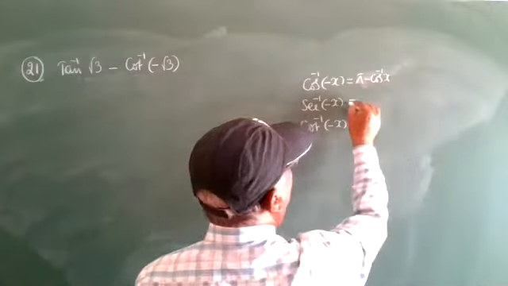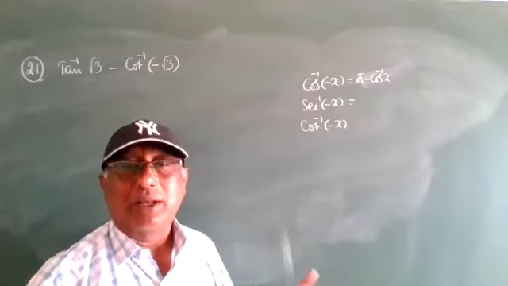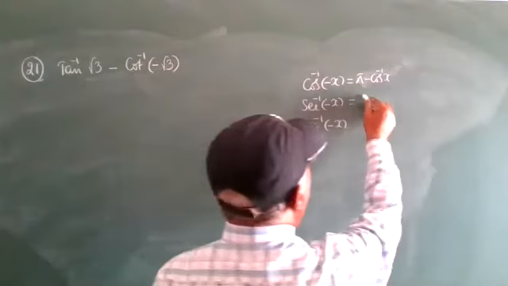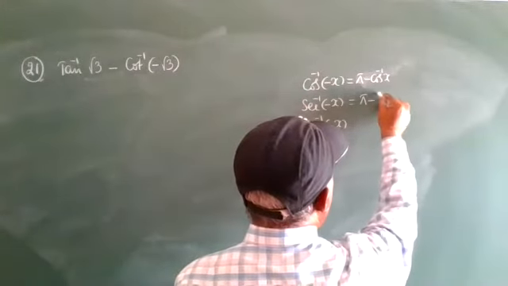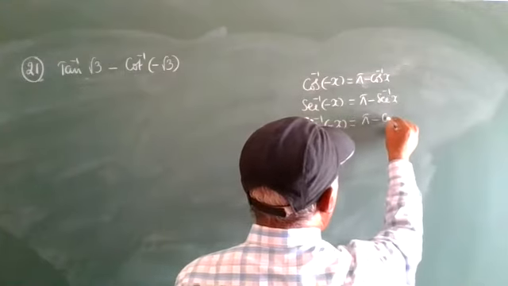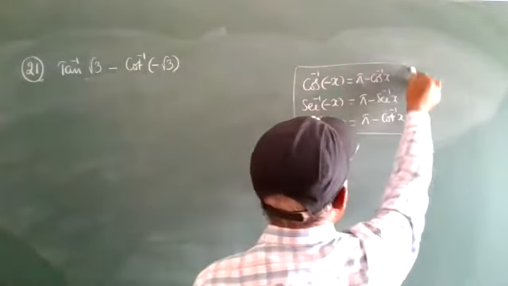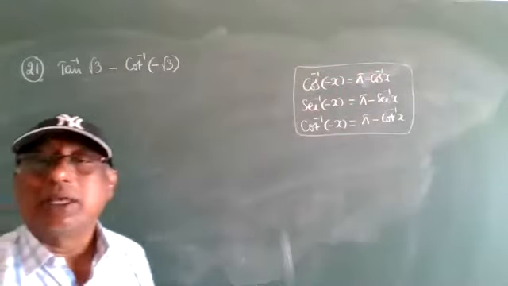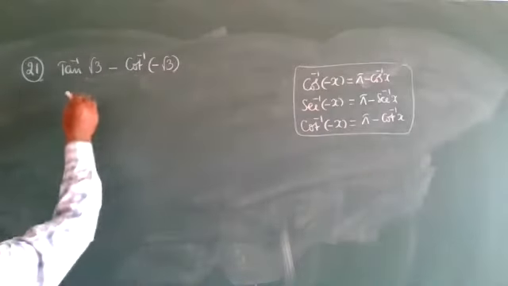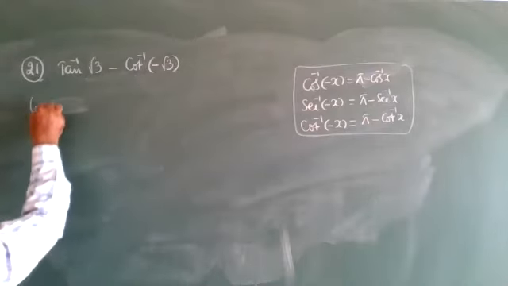Why, sir, do we write this? Cos in the third quadrant, we cannot define the third quadrant. That's why only the second quadrant can be defined. So pi minus secant inverse x, and this is pi minus cot inverse x. These three are the negative properties. By these negative properties, I will apply.